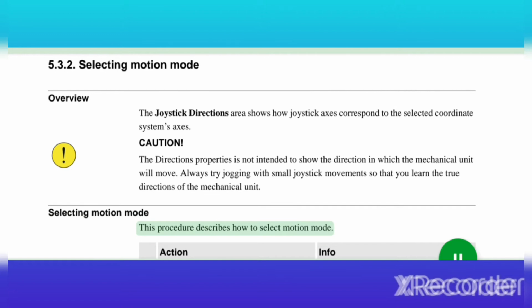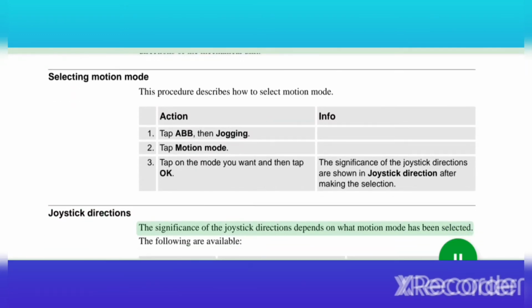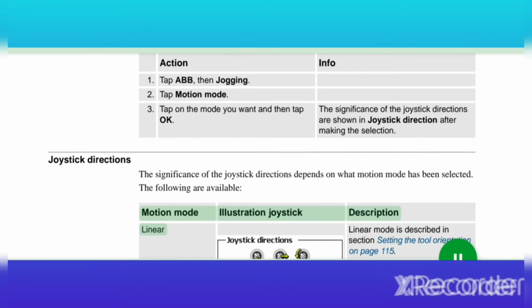Selecting motion mode. This procedure describes how to select motion mode, joystick directions. The significance of the joystick directions depends on what motion mode has been selected. The following are available. Action. 1. Tap AB, then jogging. 2. Tap motion mode. 3. Tap on the mode you want and then tap OK. The significance of the joystick directions are shown in joystick direction after making the selection. Motion mode illustration joystick description linear,